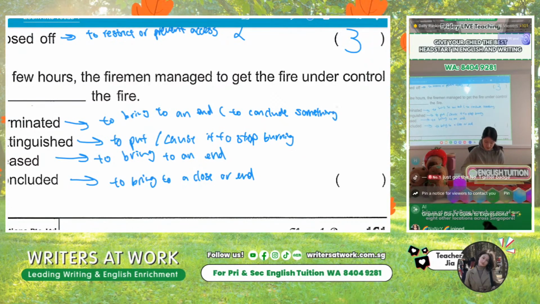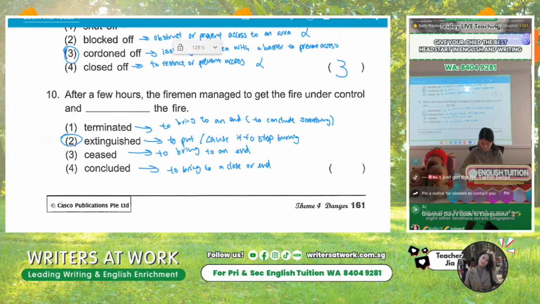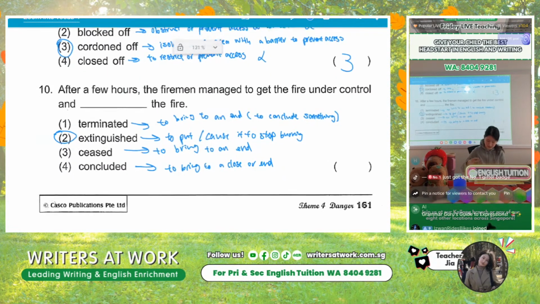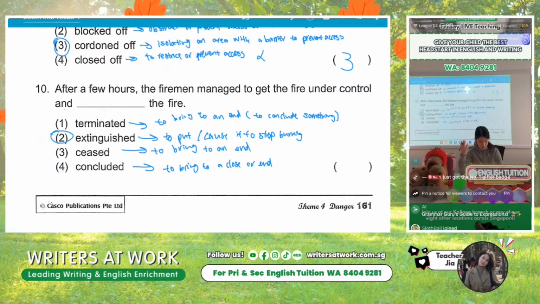Now here's the thing about these kinds of vocab questions. Sometimes your teachers, the examiners, would love to make things a little bit difficult for you, so they put words that are either very similar in spelling or very similar in meaning to confuse you. This is another example. We did a question before this. We're going to work through it to see that there are actually small differences in words that can differentiate them. So just because they're all similar doesn't mean they're all the answers.